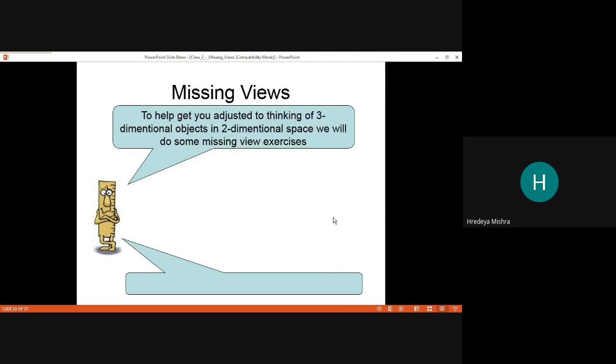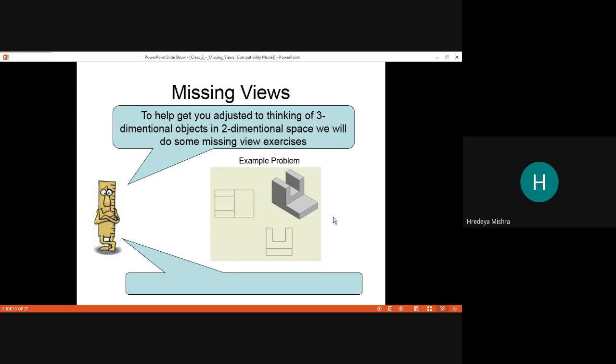To help you get adjusted to thinking of three-dimensional objects in two-dimensional space, we will do some missing view exercises. Some view is missing, and you can find out the solution for that.